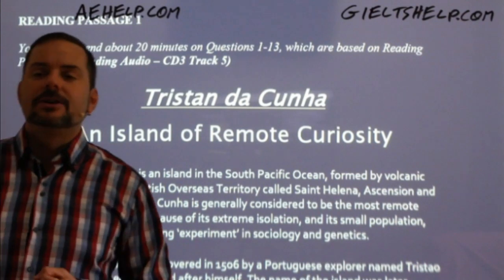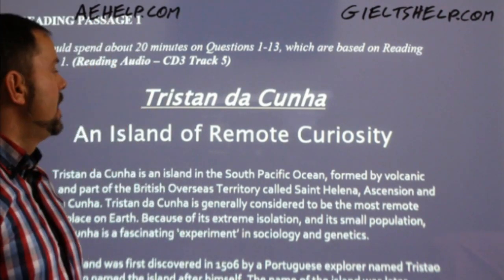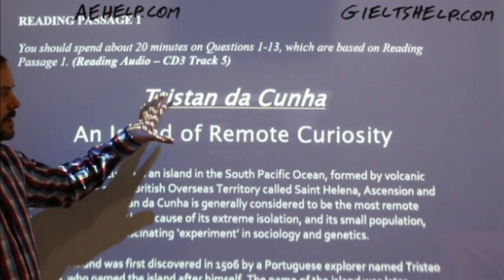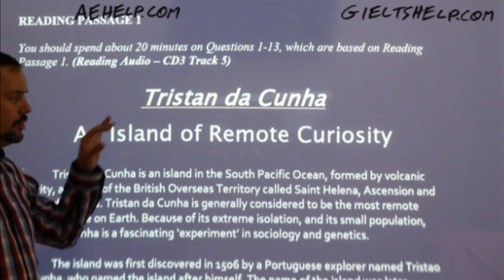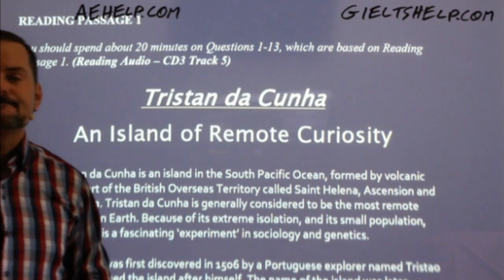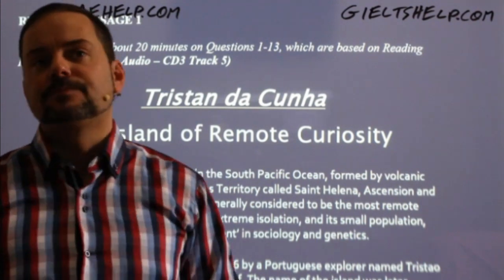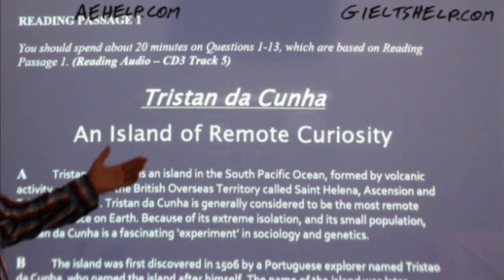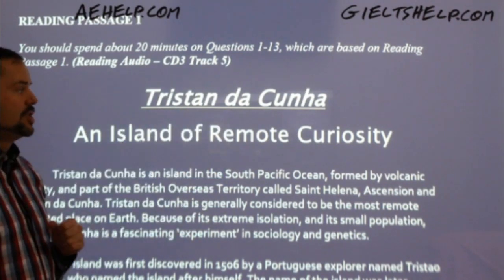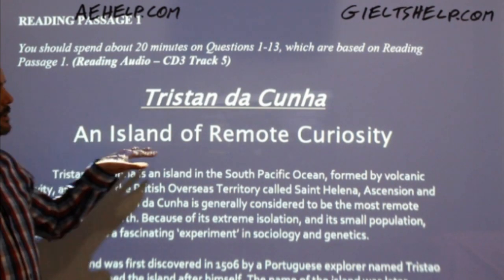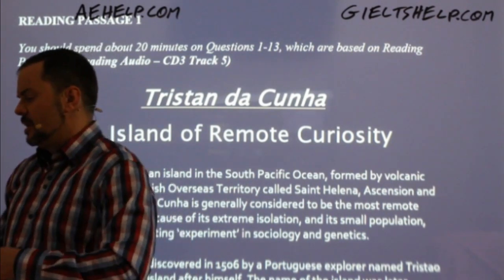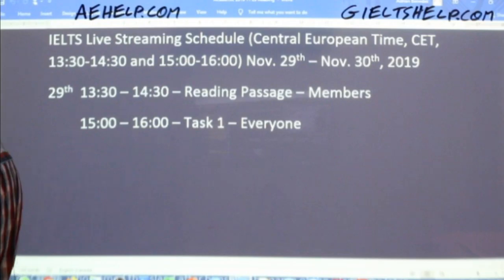When you read this title, Hassan, Mauro, what comes to mind? What do you think this passage might be about, just when you're looking only at the title? Obviously here there's no picture to help. Tristan da Cunha is a name, of course. You may try to identify the origin of such a name. And then you have a little bit more information here to help you. Again, always use the title, students, to predict as much information as possible. So stay on mark. Use your critical thinking.